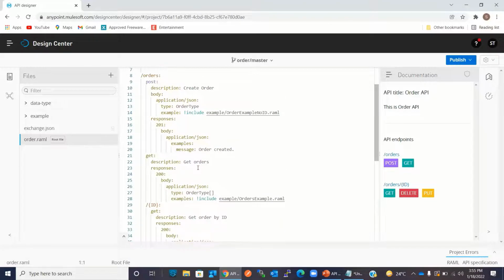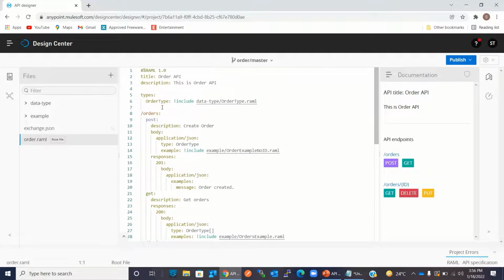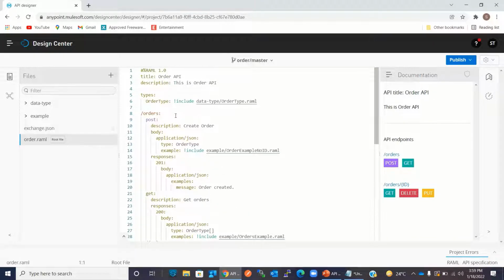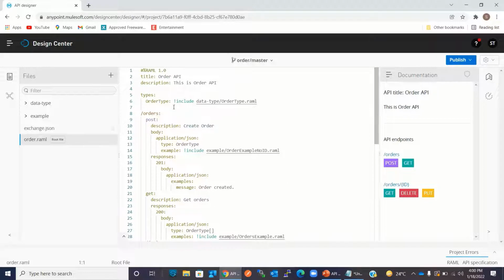And right now, these methods are not secured. And I want to secure these methods using client ID and client secret. So any request that invokes this API needs to send a client ID and client secret. For that, I need to declare client ID and client secret header in all methods. Instead of defining client ID and client secret header in all the methods, I can define the client ID and client secret header inside a thread, and I can apply the thread to all the methods. I can define the thread inline in order.raml, but for better usability, I will define the thread inside a separate